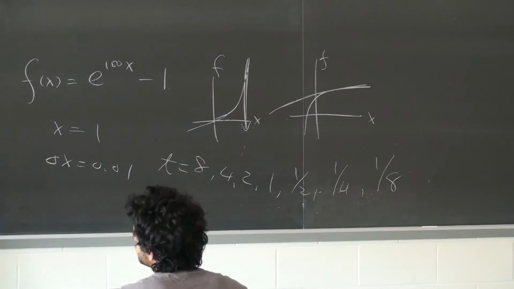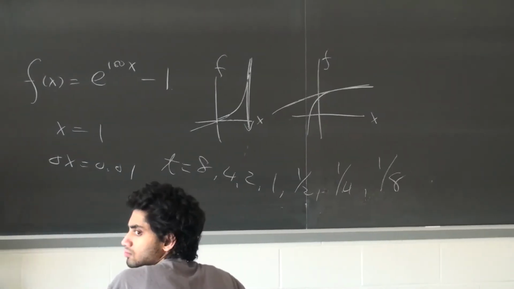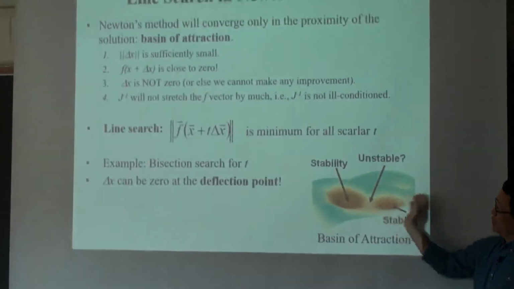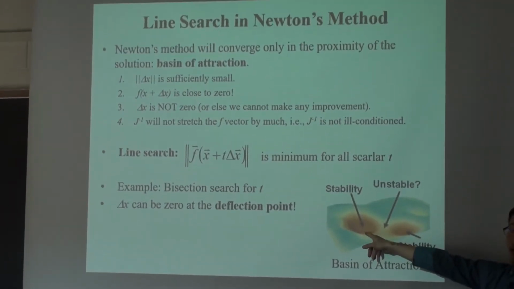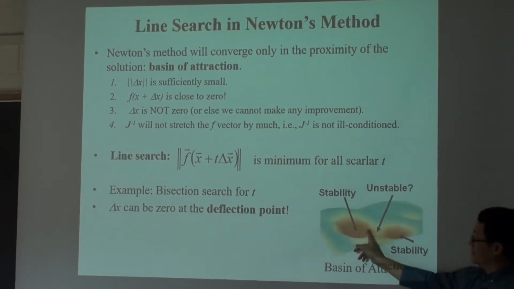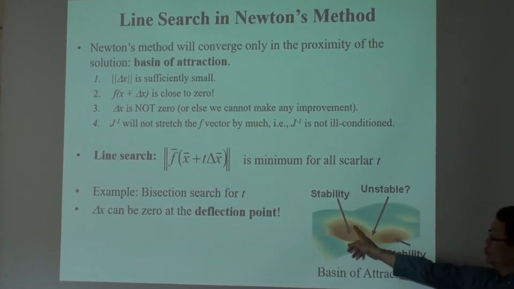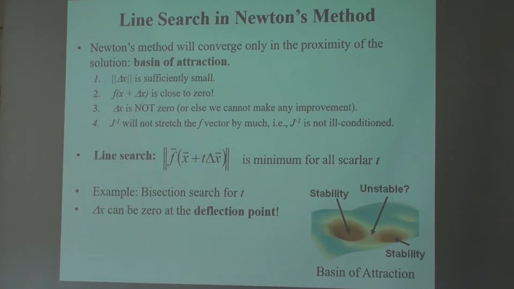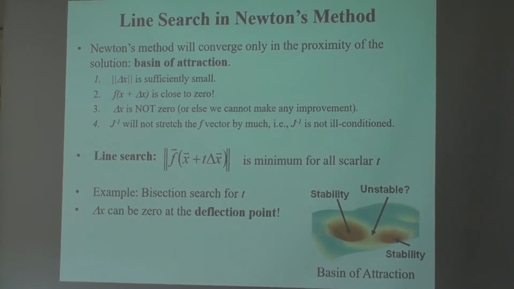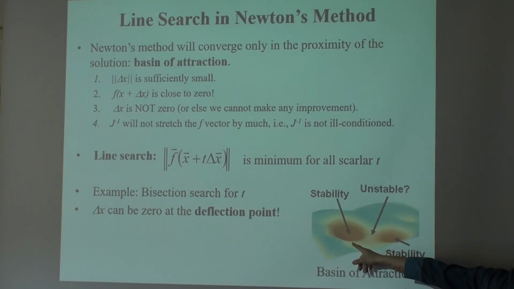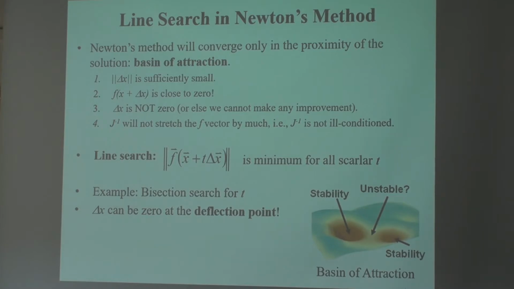So if you look at this, line search in multi-dimensional problems: if this is your objective function and this is the minimum or the zero you're looking for, this is called the basin of attraction. Once you fall into this, or you are in the proximity where it's close to zero, then you will have the quadratic convergence that we introduced last time. It's not only that you get much faster convergence, but also an indication that your Newton method is done consistently.